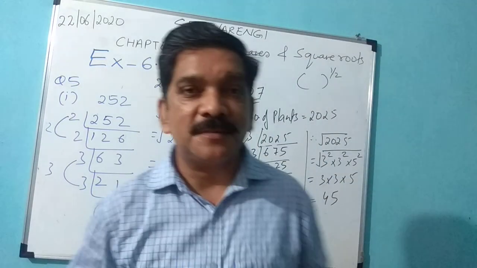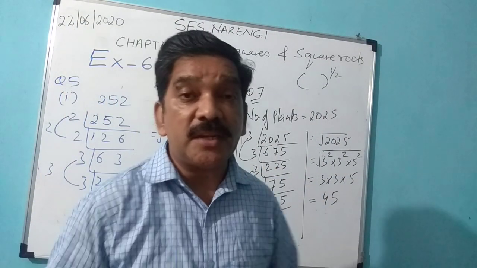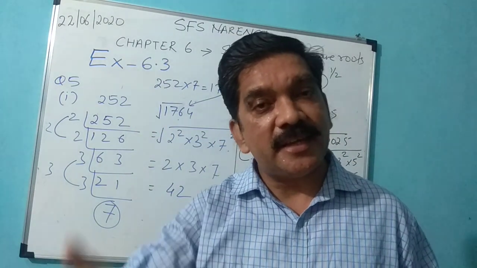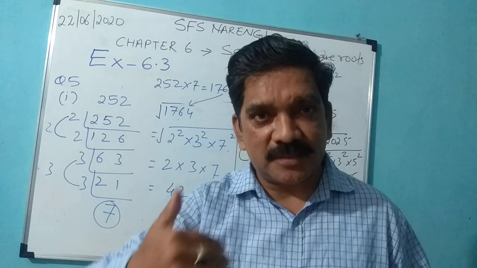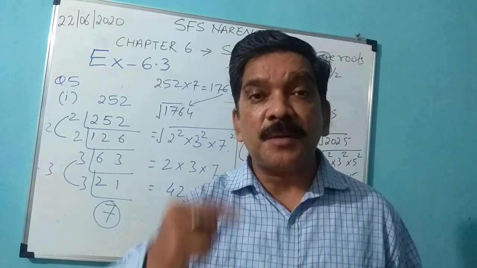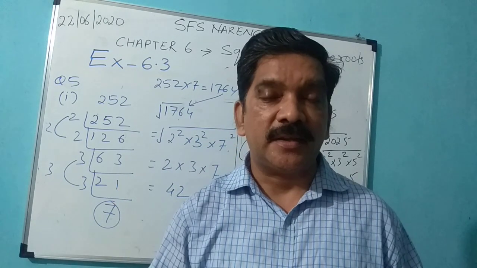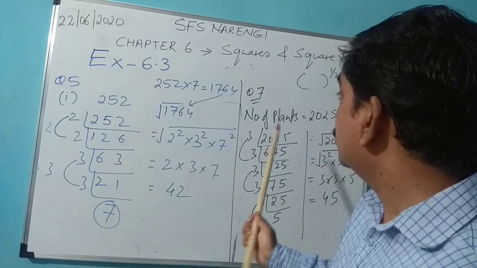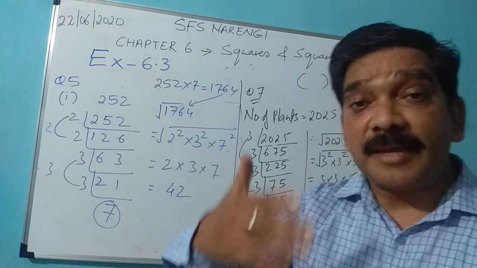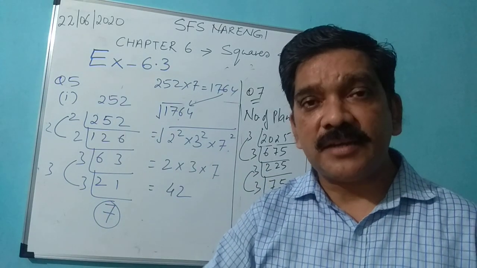Alright, my dear students, so I think we should end here. Today we learned how to get the square root by repeated subtraction. Then we understood the prime factorization method. After that we also understood what a number should be multiplied by so that the number is a perfect square. Then we did question number 7: in how many ways the plants can be planted so that there are equal number of rows and columns.